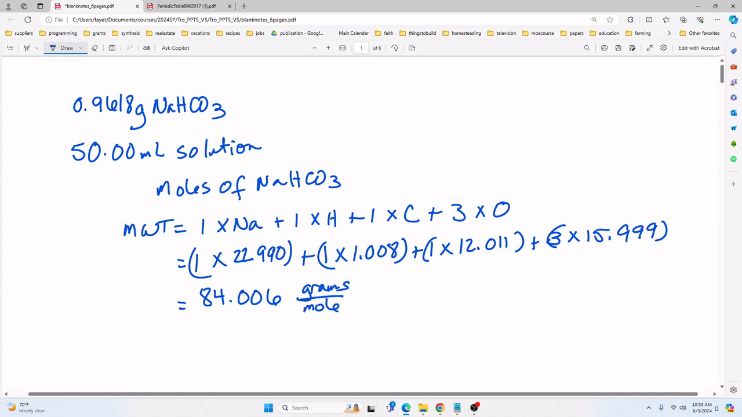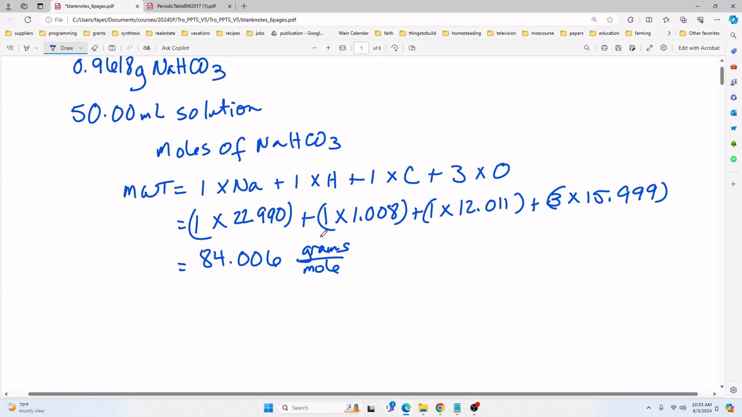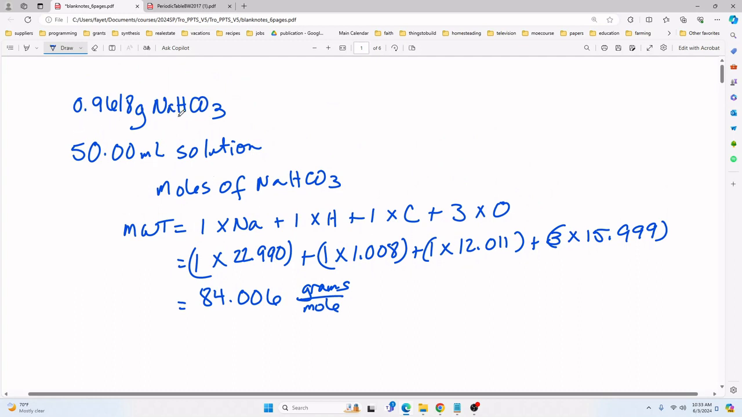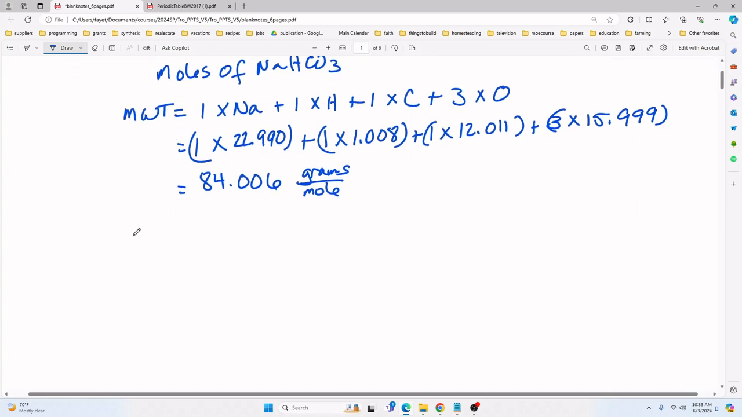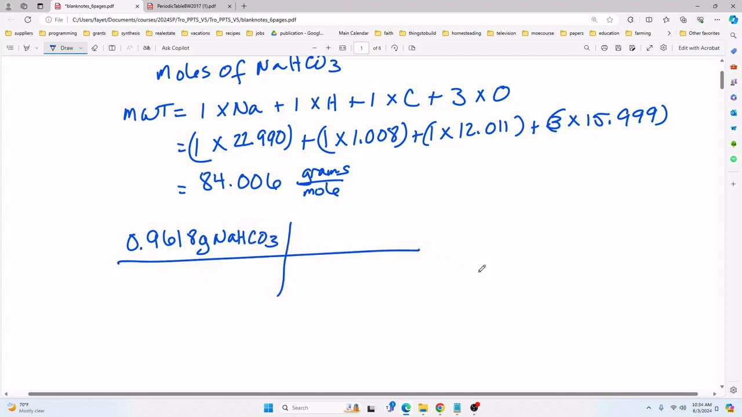So the question asks us to calculate the moles of sodium bicarbonate. So we use our molecular weight as a conversion factor. We have 0.9618 grams of NaHCO3. Now we need to determine how many moles are in our sample. So the molecular weight is 84.006 grams per mole. All right, so we divide 0.9618 by 84.006, and we get